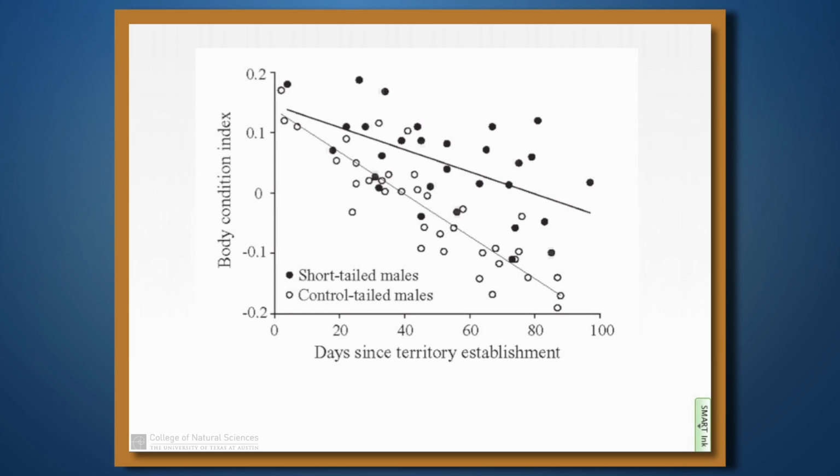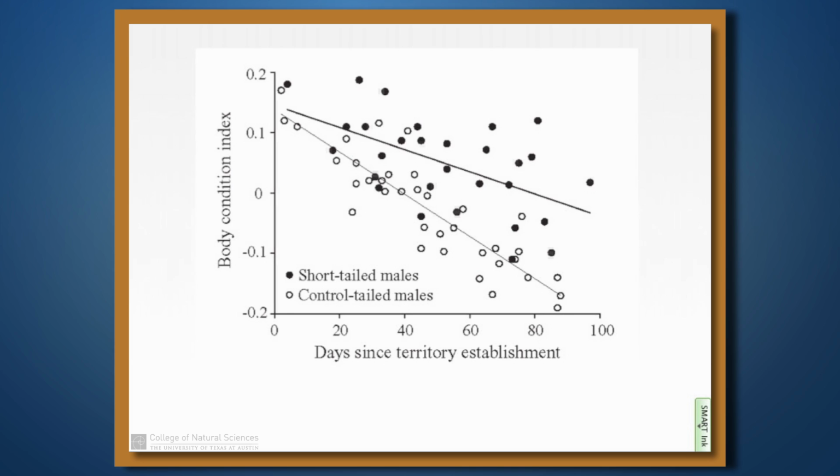Okay. Now, give me a second to explain what this slide looks like before you try to interpret it. On the x-axis, we have the number of days since the male established its territory. Okay? So we're looking over time at what happens to males after they establish their territories. And then we also have a measure of what their body condition is. And we won't worry exactly how they measured body condition, but lower numbers mean poor body condition. Now we also have two different groups of males. We have control males that just have their normal tail length. And then we have some males that were artificially given shorter tails. In other words, these males were caught by the researchers and their tails were snipped off to be shorter than